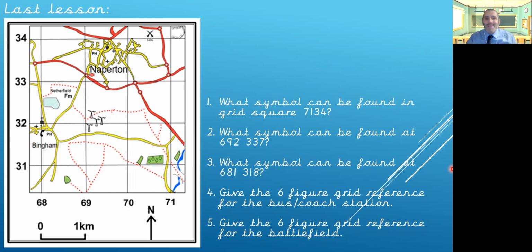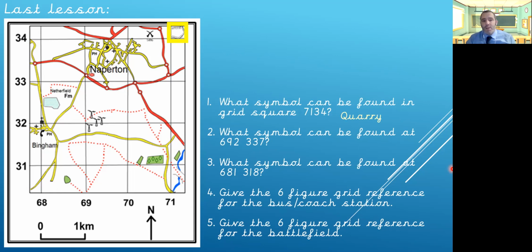Okay, how did we get on with those? So 7134. So we need to remember we go along the corridor and up the stairs. So we go along the bottom of our map to square 71, and then we go up to square 34. And in that square is a quarry. What symbol can be found at